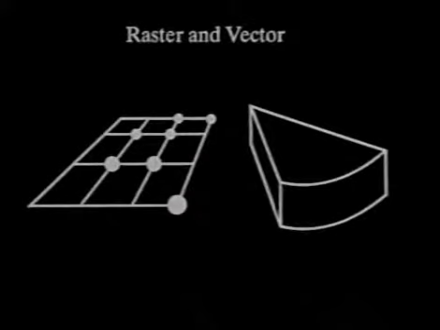A raster, then, is this notion of an array of numbers which may correlate to colors or to intensities or perhaps to some other value of interest. On the right-hand side, I've illustrated a pie wedge in 3 dimensions, and this is intended to capture the notion of a vector construct. A vector construct is one which is defined in abstract mathematical, geometrical type terms. Now you notice I've used these terms a little bit differently than they are commonly used, where we think in terms of raster devices and vector devices. What I want to capture here is the nature of the underlying principles in the raster and the vector worlds,